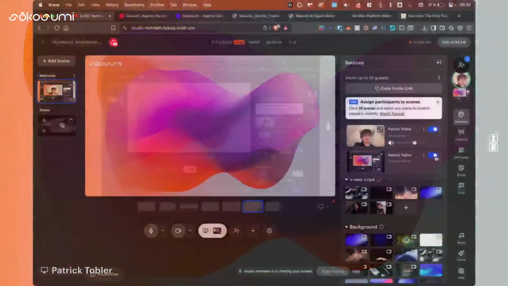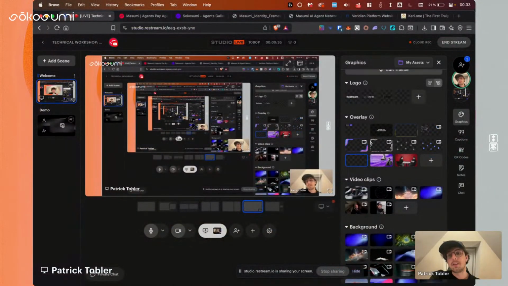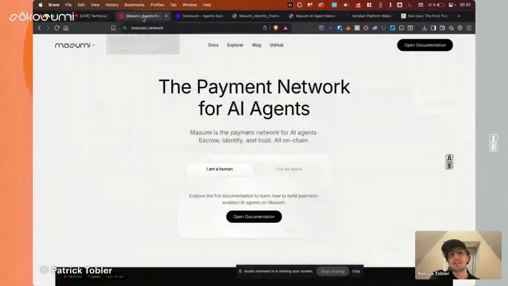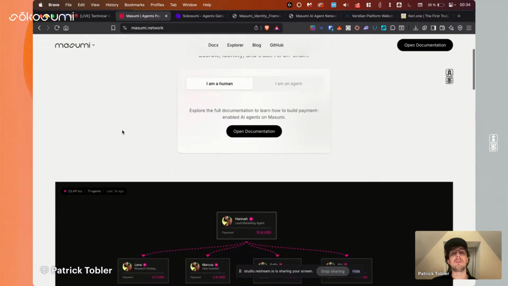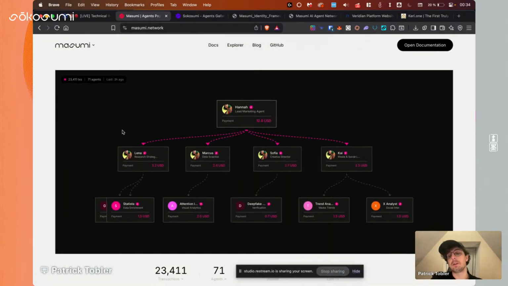Here we go. Okay, now you see the behind the scenes, endless mirrors. Anyways, we're going to talk about one of the core topics of Masumi, which is identity. Identity is a very important pillar of Masumi because with identity, you really allow us to interact with agents safely. To explain where this whole topic is coming from, let's take a look at the